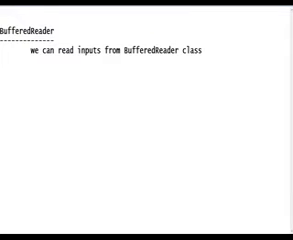See, we can read inputs from the BufferedReader class. How to create the object? We can create the object like this: BufferedReader br equals new BufferedReader of,